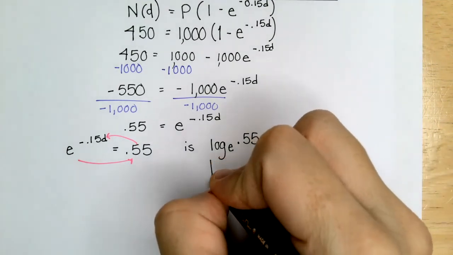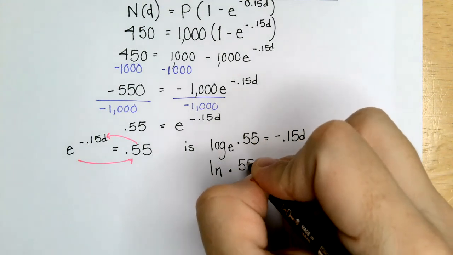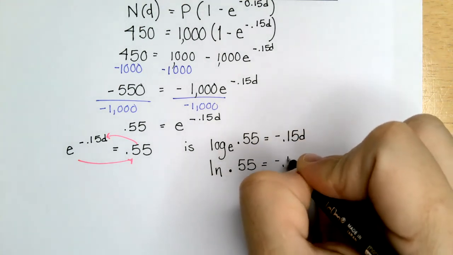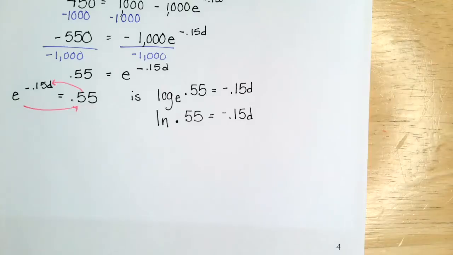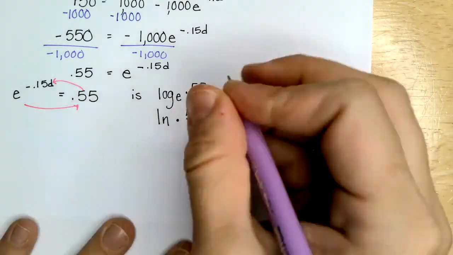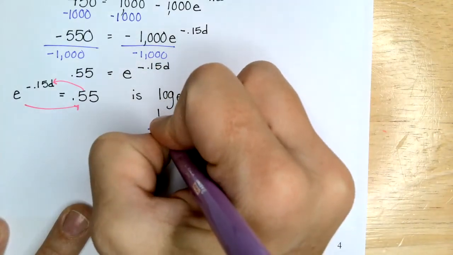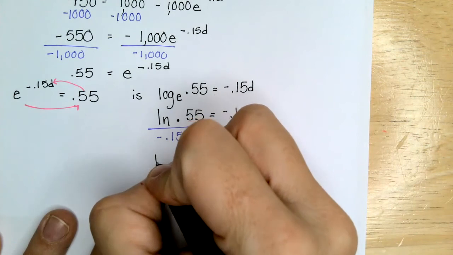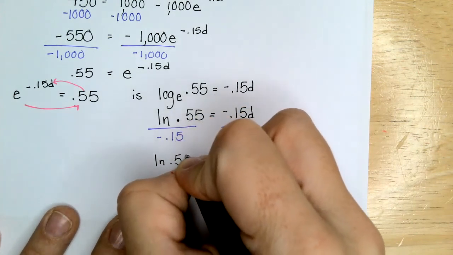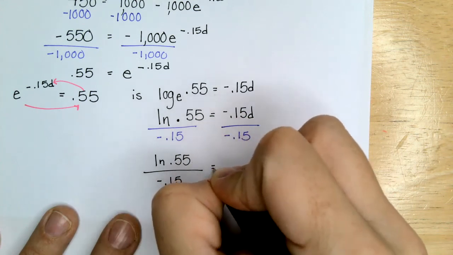Log base e becomes natural log. Natural log of 0.55 is negative 0.15D. Now I just keep going, solving for D. My last step would be to divide both sides by negative 0.15. And I get the natural log of 0.55 divided by negative 0.15 is